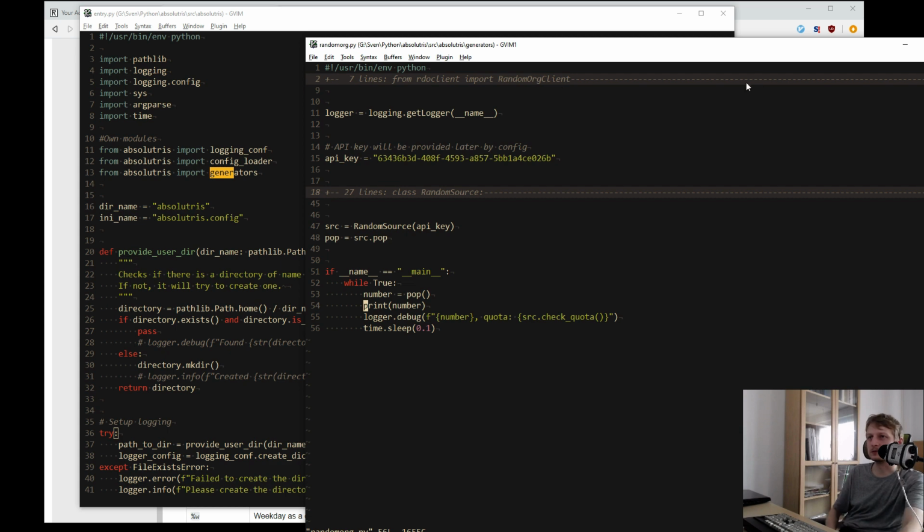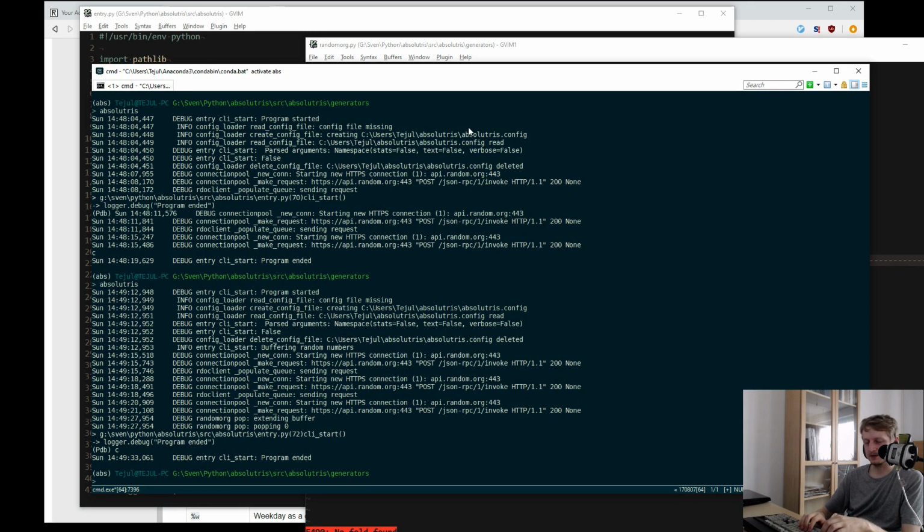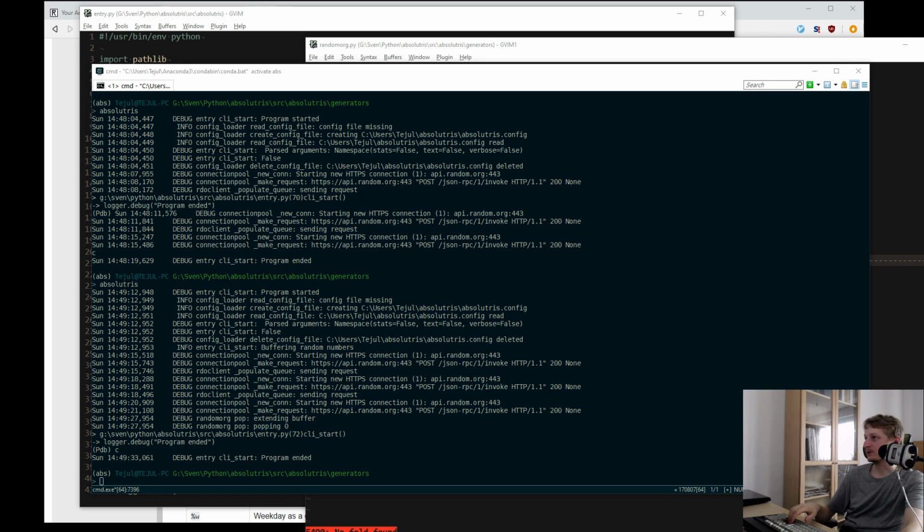I am importing a module, the random org client, and this random org client is actually a modified thing, and that thing is not part of my absolutris project, but the random.org client is modified. I modified it because it didn't work with Python 3.